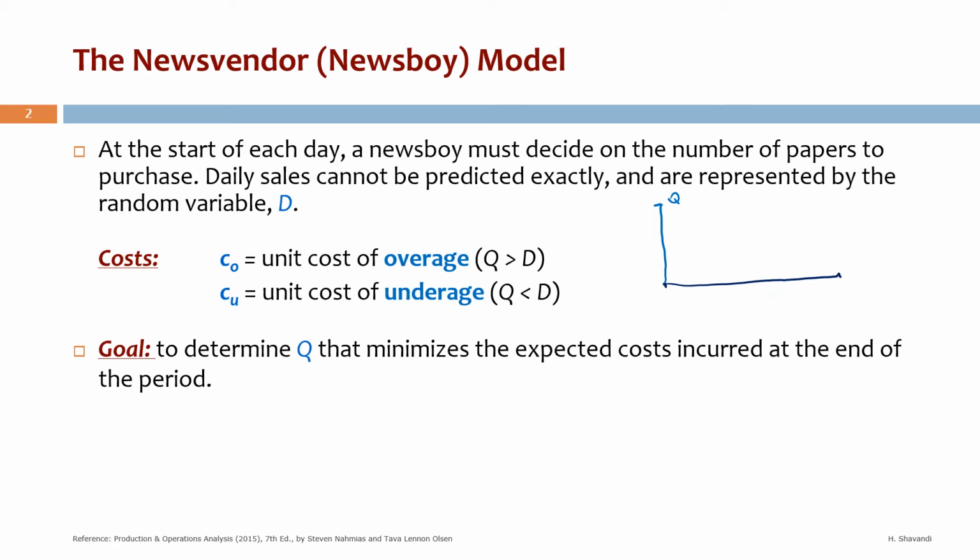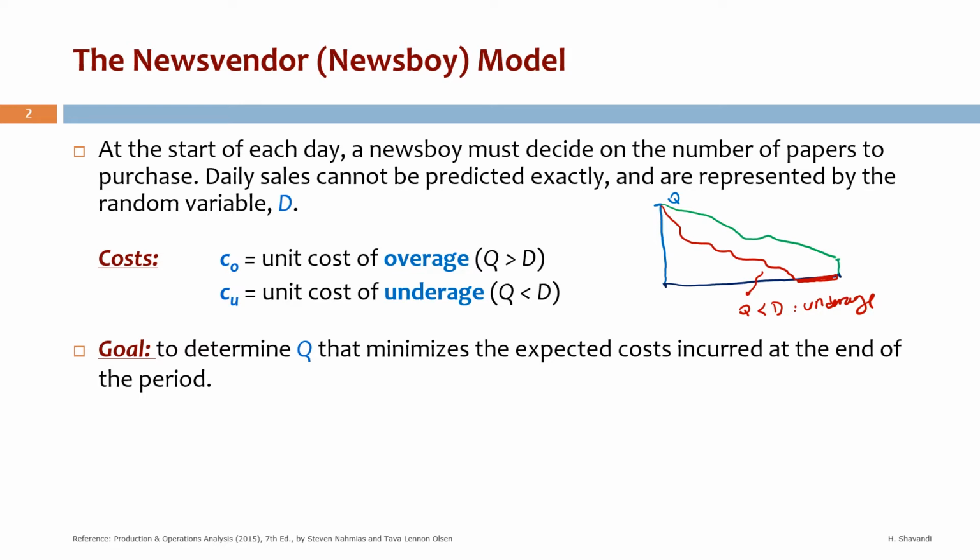Then for the situation at the end of the period, we may have two situations. The selling process or demand could go like this, and as you see here, in this case, we still have time to the end of the period, but we have no stock. So this is called a stock out situation. In this case, Q is less than D, so it's actually the underage case. So we will have some lost sales at the end of the period, or it could go like this,